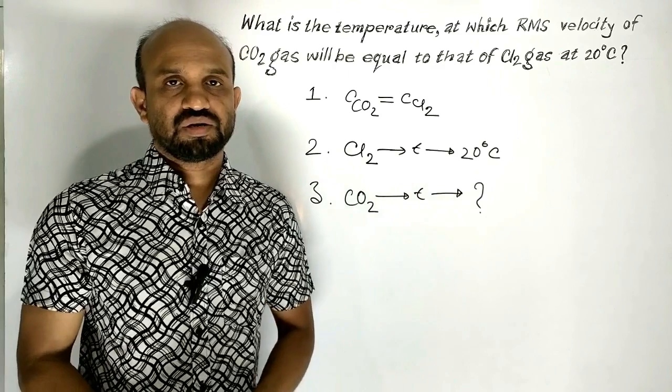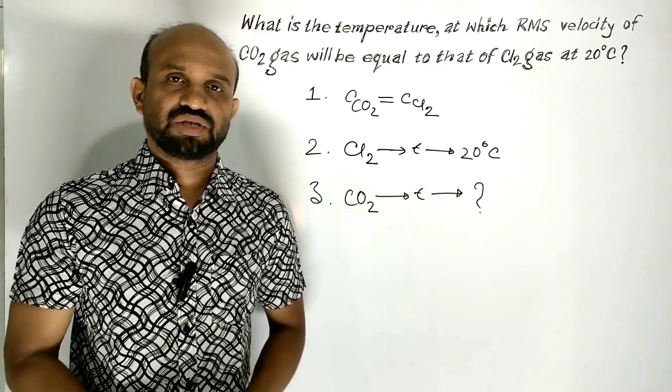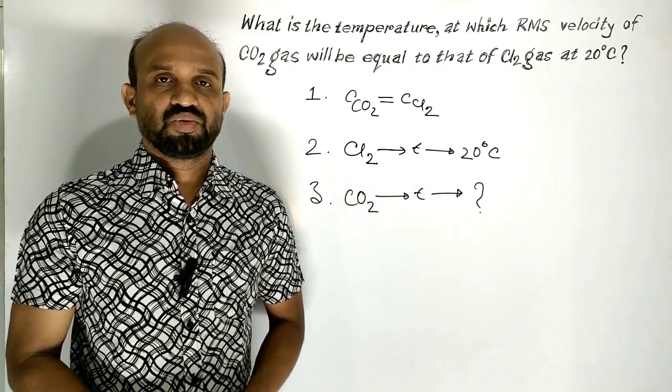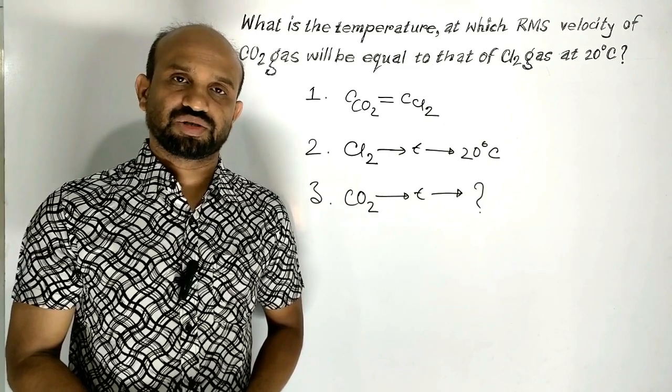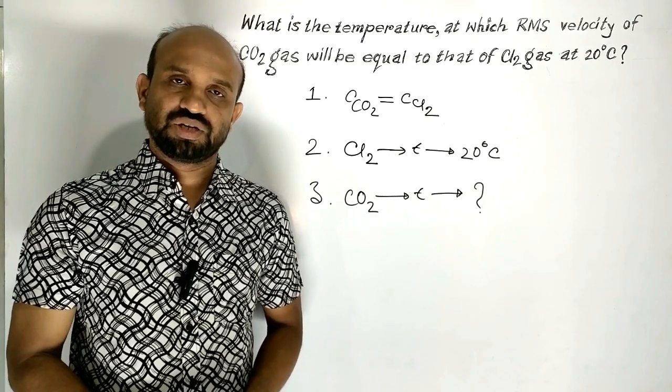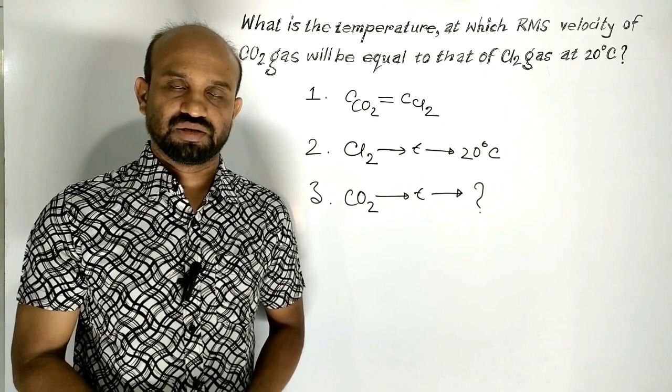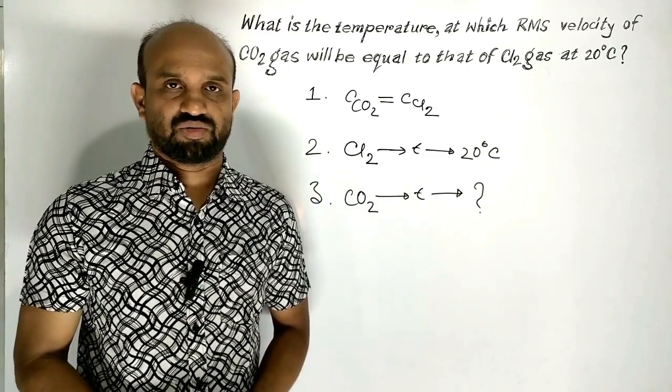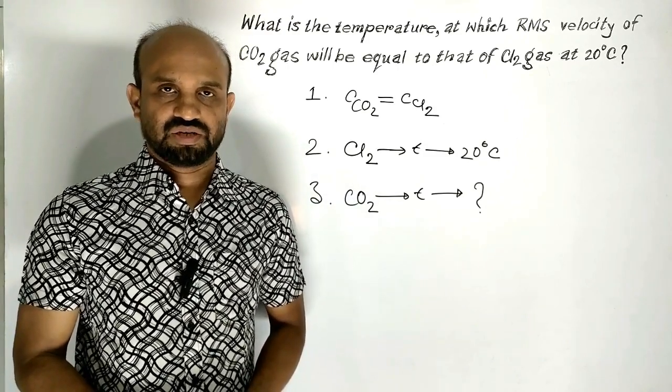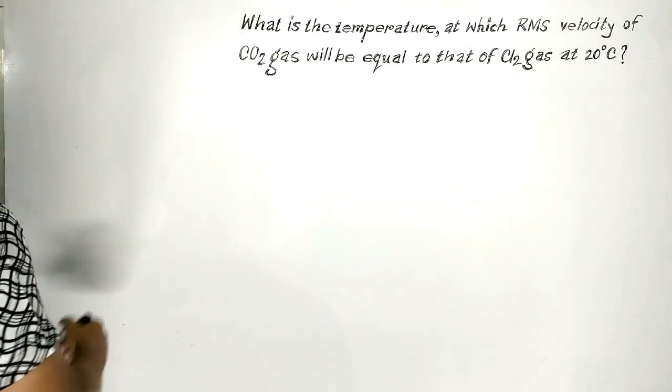The temperature at which RMS velocity of carbon dioxide gas will be equal to the RMS velocity of chlorine gas at 20 degrees Celsius temperature for chlorine gas, that temperature is to be calculated. Let's see the problem in detail. Suppose